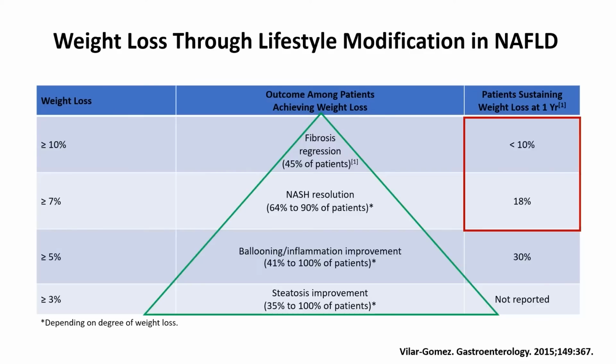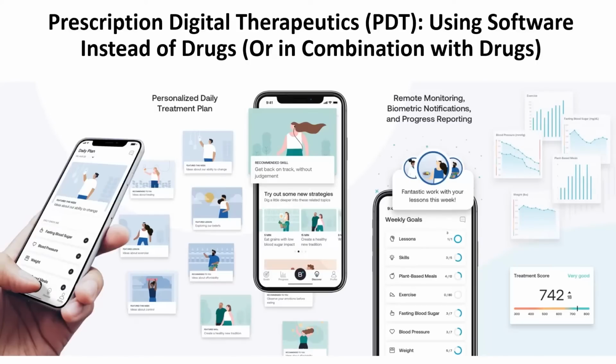Next slide. One of the limitations we have, at least in the United States, is that access to dietitians is very limited. We can only provide 2 visits a year for our patients with type 2 diabetes through some insurance providers in the United States. And we know that for any lifestyle intervention to work, you need that weekly reminder and conversation to actually adhere to it. So we see an opportunity for what we call prescription digital therapeutics to scale that intervention and maybe provide access to the dietitian and exercise physiologist through a phone app.